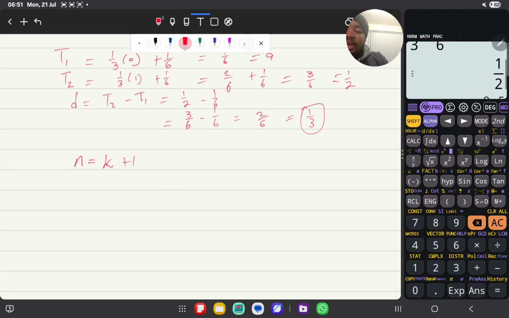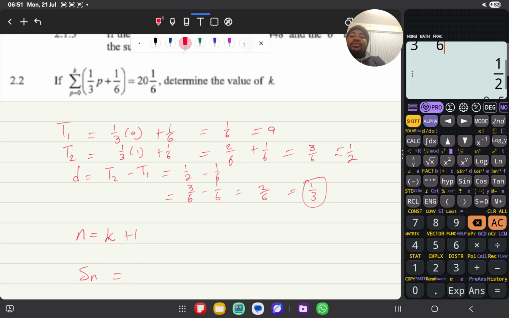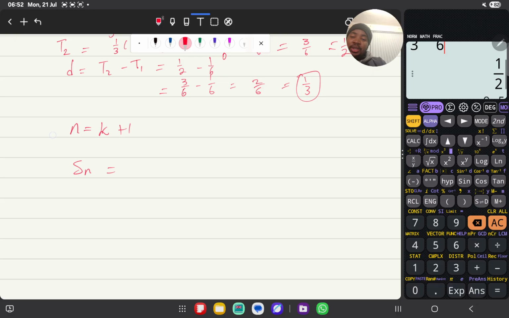So that means if I use the formula of Sn, I will not be wrong anyway, because remember, you can't use that formula here and then say the value you find is equal to k, because here we started from 0. If they started from 1, you could move from here straight to the Sn formula. So yeah, n